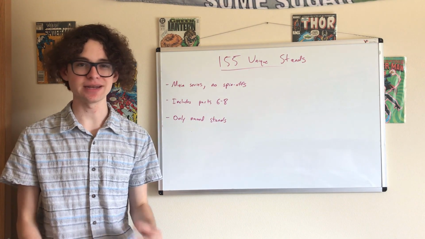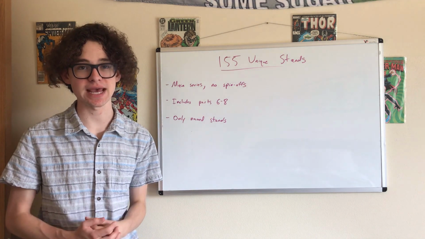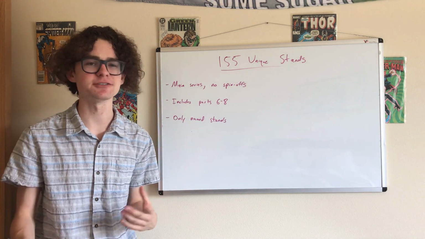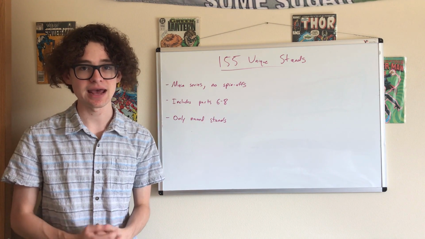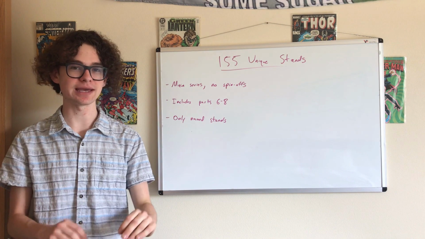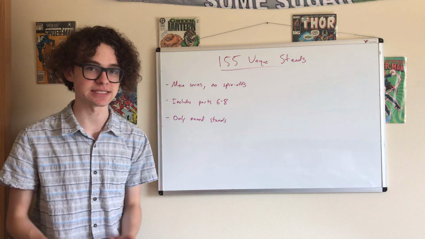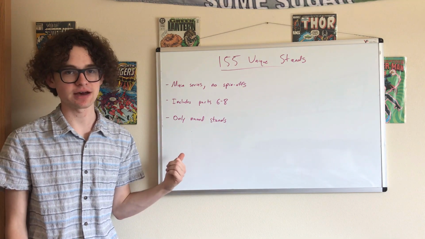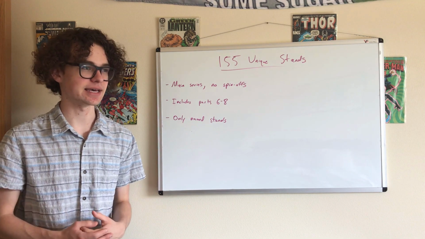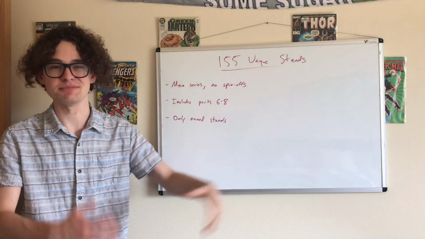Now before I leap into it, here's some ground rules on what I'm including in my 155 unique stands. I'll only be covering stands from the main series, no spin-offs or light novels or anything like that. That does mean that I will be including parts 6 through 8, but I'll avoid spoiling any major plot details in case you've only watched the anime. I'll just be explaining some of the stands if they come up. And I'll only be covering stands that are actually named and explained in the story. For stands like Holly's stand, we just don't have enough information about them for me to really make any sort